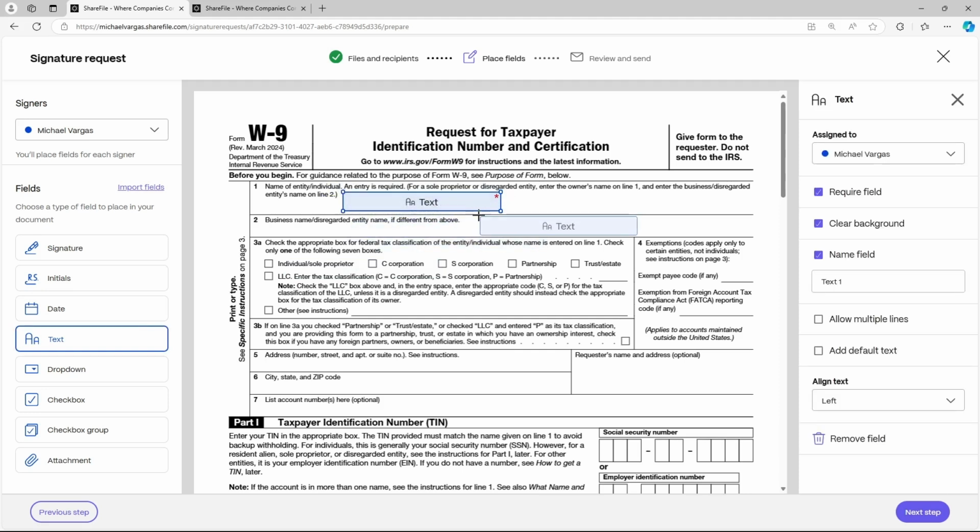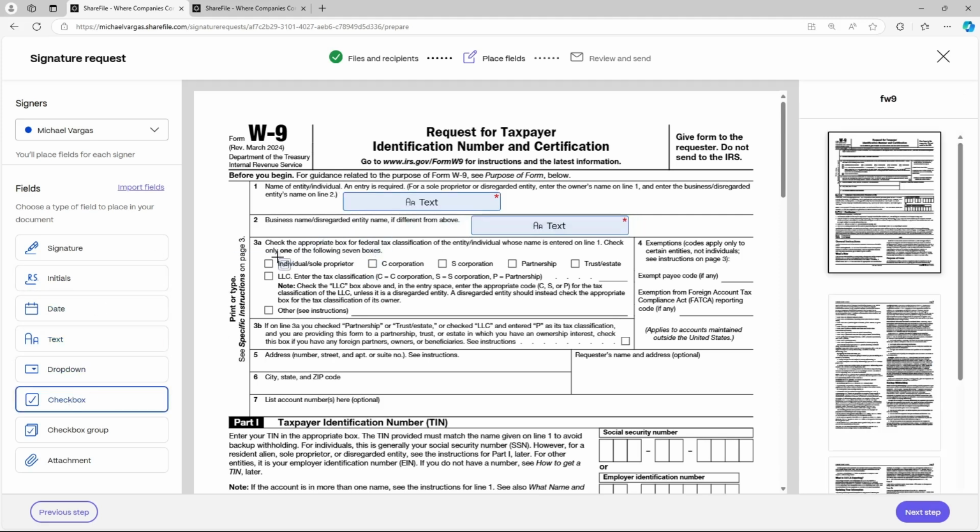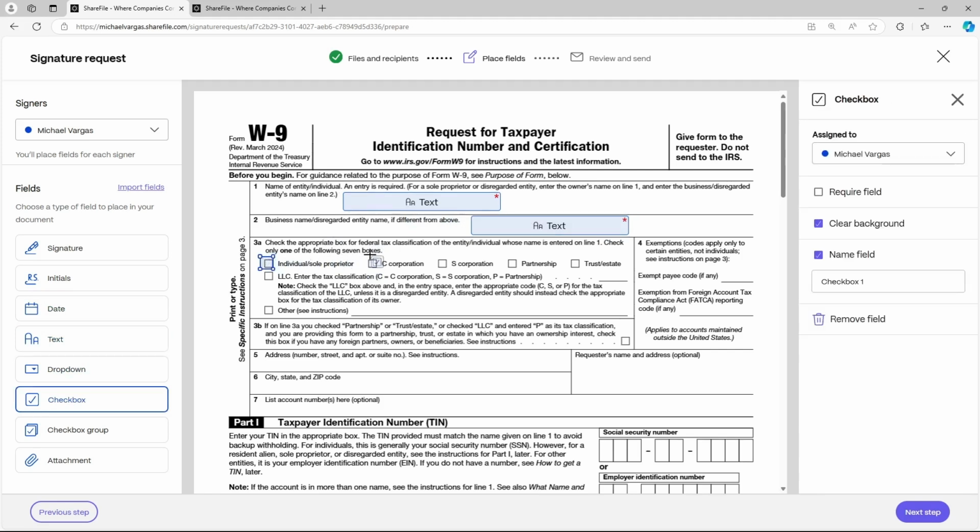You can use another text field for the business name. You can also use check boxes, as you can see. And if you see a red asterisk here, it means that this field will be mandatory.